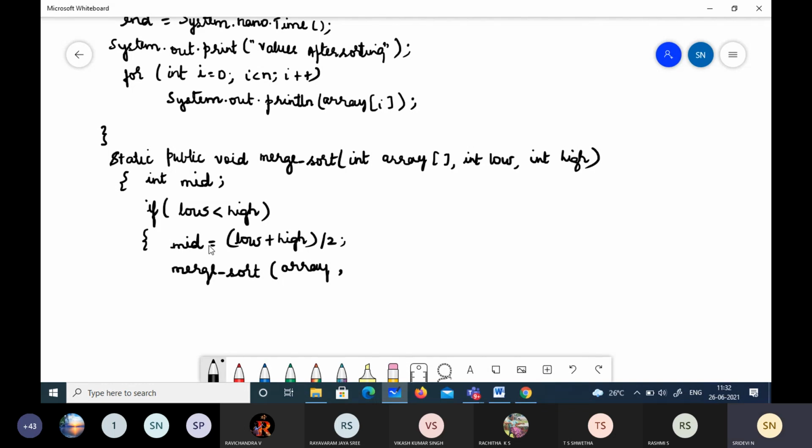Array, then I want to pass the half of the elements. Suppose I have elements like this. Let's assume that we have just partitioned.